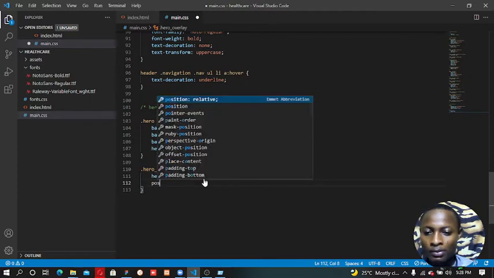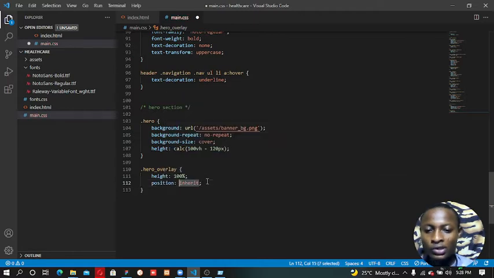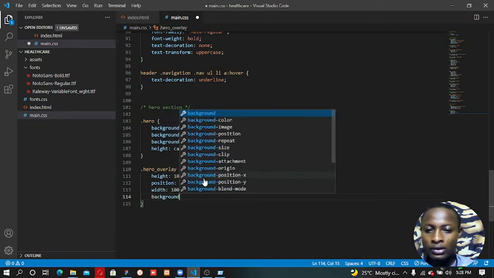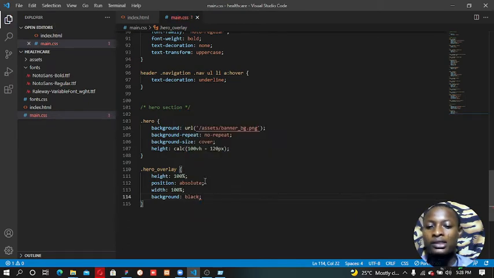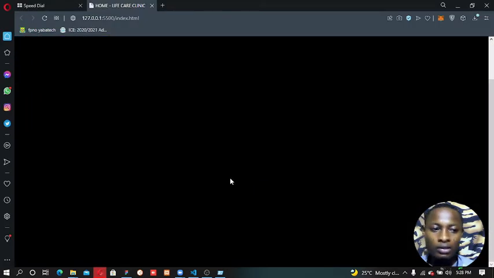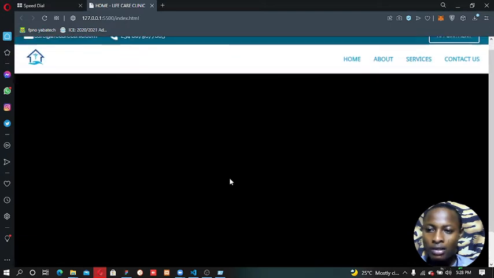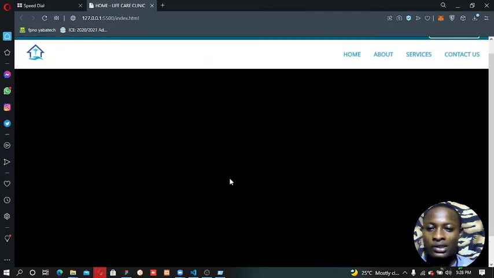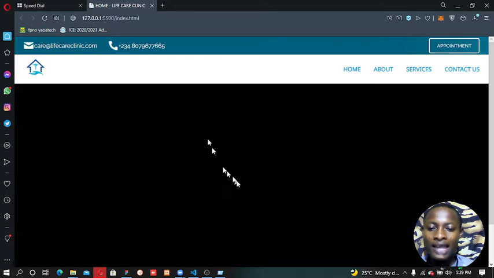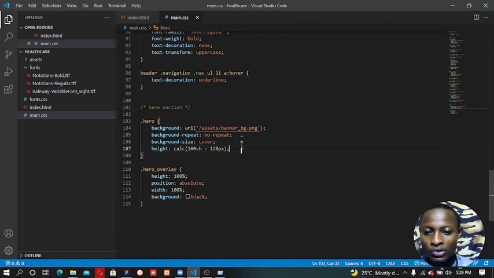So now I'm going to set the position. Now we want to use the position property, absolute. So with absolute, I will be able to move it anyhow. So I'm going to set the width to 100% also. So I'm going to set background. So let's go background of black first. Okay, so if I go back, you can see that we still have, just that we don't have the same result. This is actually taking the height of the screen, not the height of the parent. So what I'm going to do is to pass in